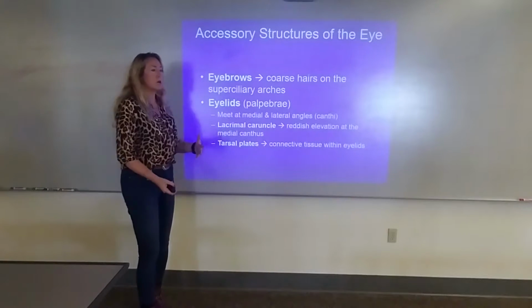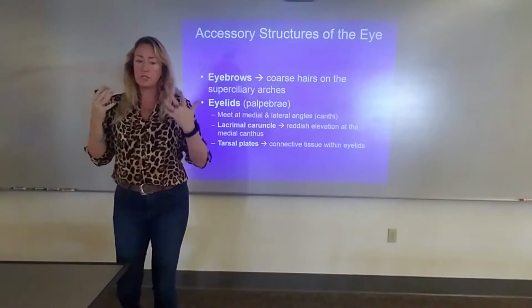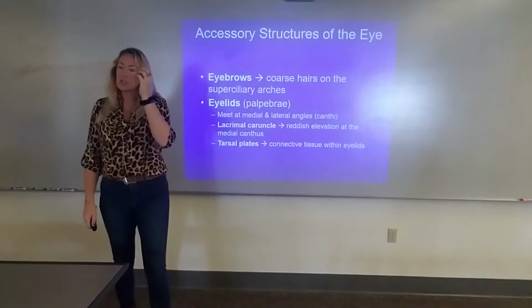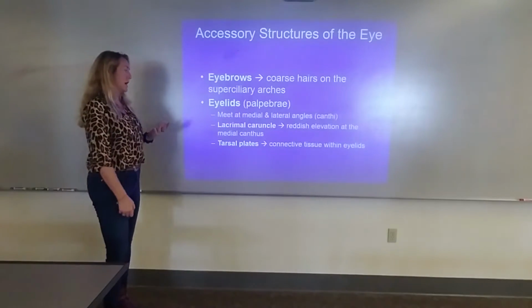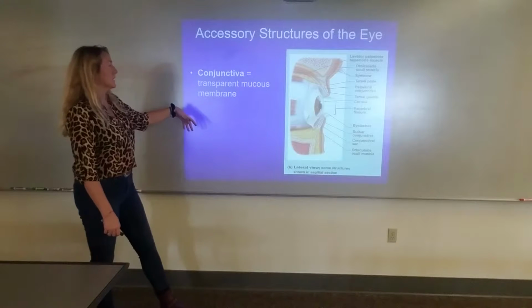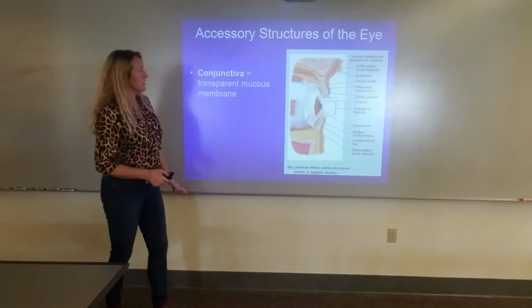Okay, so these are all structures to protect the eyes, guard them from a lot of dust and particulate matter getting in them. If they get damaged, you can't see, right? You could actually scratch the cornea, damage the eyeball itself, get infections in the eye. There are infections that affect the eyeball. We also have conjunctiva. Speaking of infections, conjunctiva is actually, so if we look at all this,